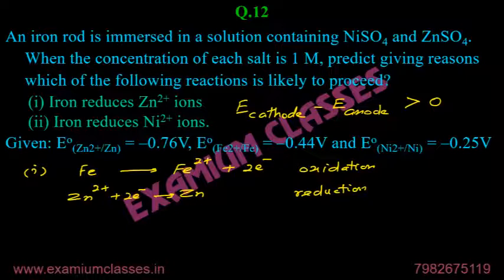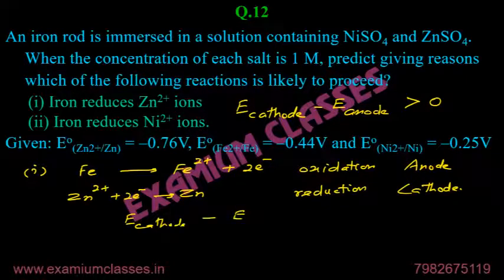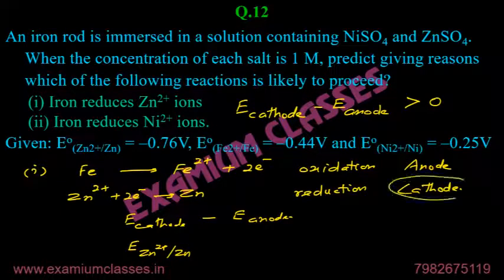Here reduction potentials are given. So oxidation will happen at anode and reduction will happen at cathode. Means E cathode minus E anode in this case, E cathode will be E of Zn2+/Zn, because reduction is taking place at cathode, minus anode is E